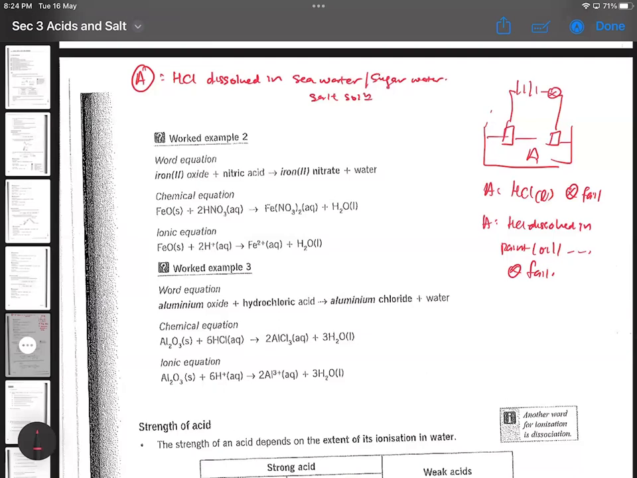No, this is not. Okay, I don't say anything first. You think it will light up? You said yes because